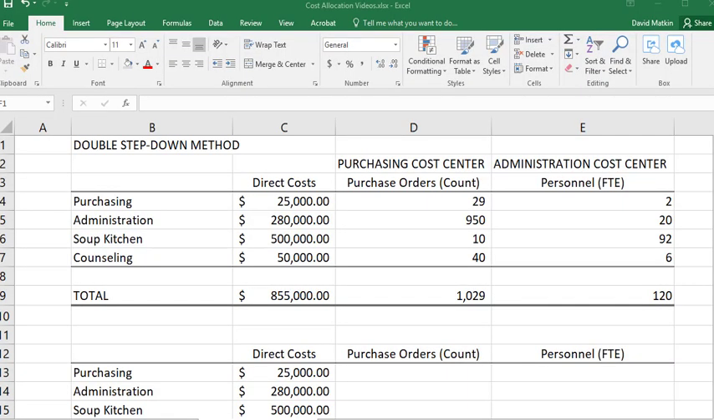Hello everyone. In this video, I'm going to provide an example of using the double step-down method for allocating support center costs down to the mission centers of an organization for the purpose of understanding what the full costs of those mission centers are, that being the direct costs, which we already have, they're given here, but also the indirect